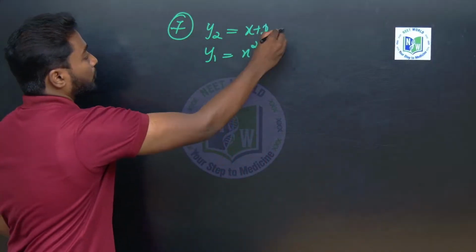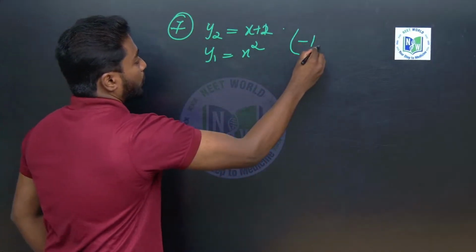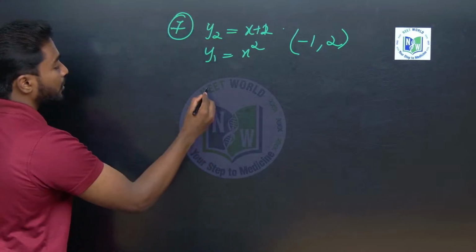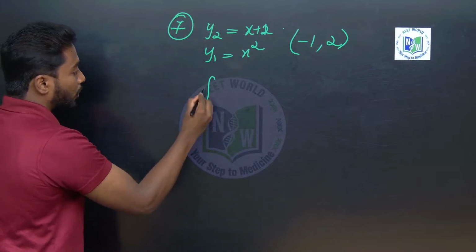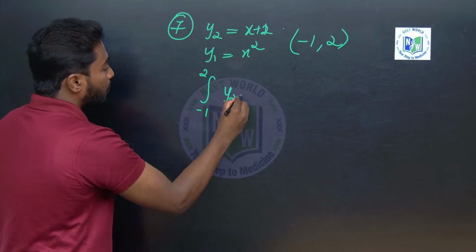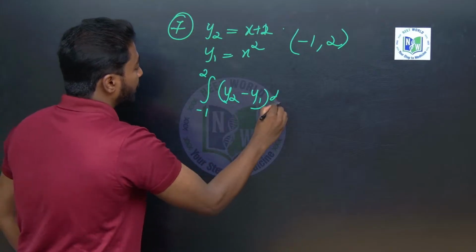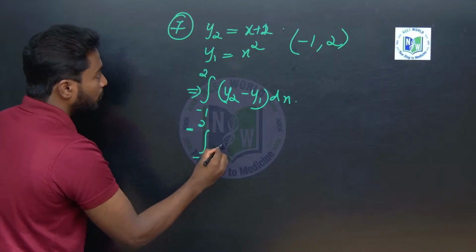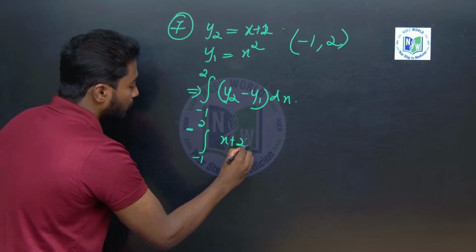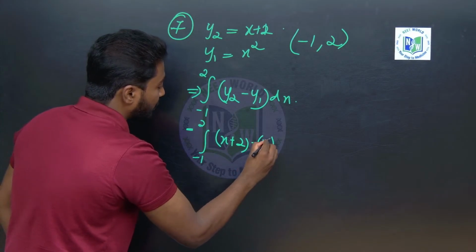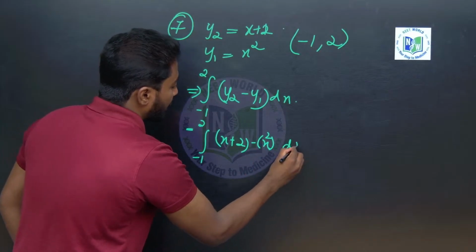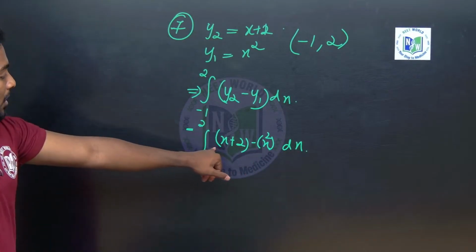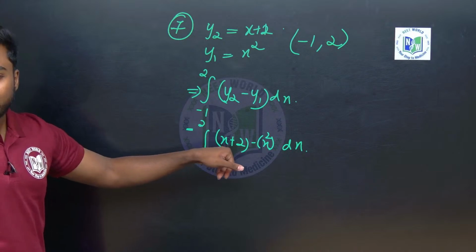This is 2, the limits are minus 1 to 2. So the integral from minus 1 to 2 of y2 minus y1 dx is nothing but the integral from minus 1 to 2 of x plus 2 minus x square dx. Now if I do the integration for x, I will get